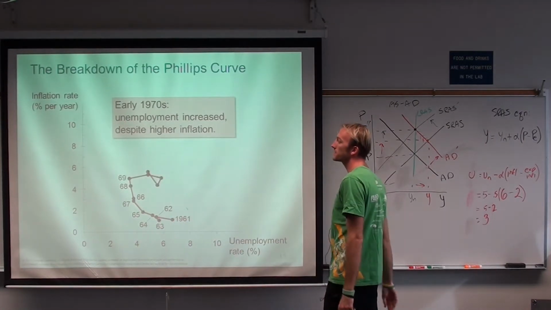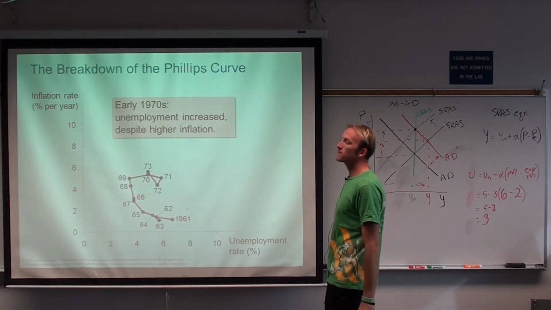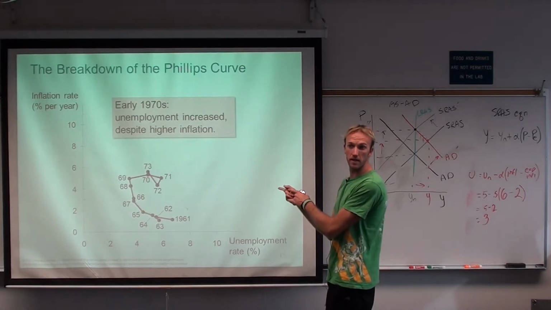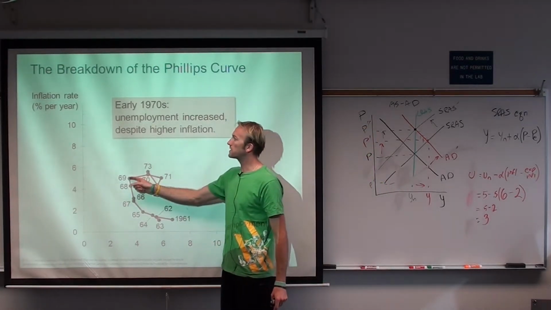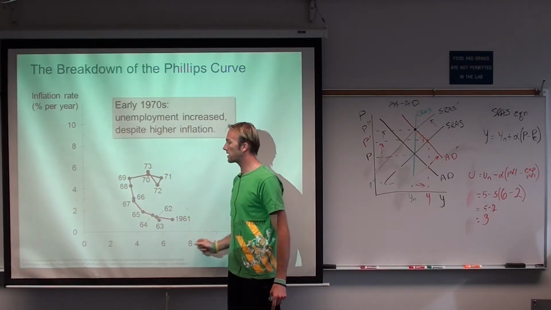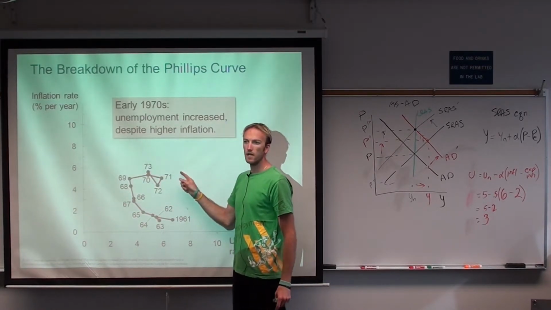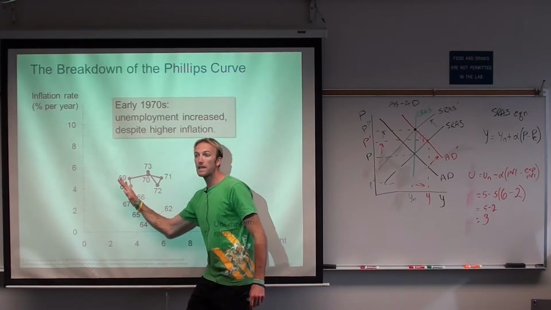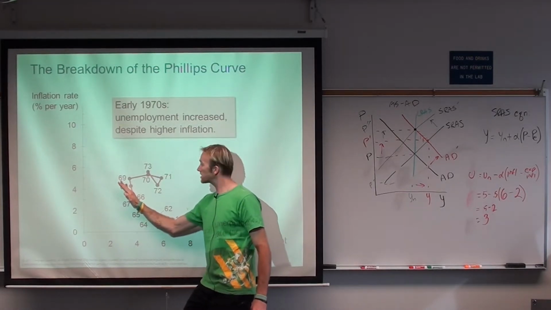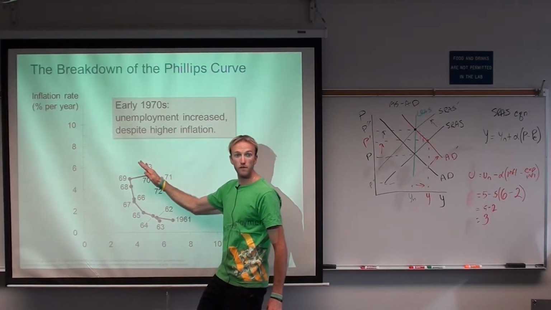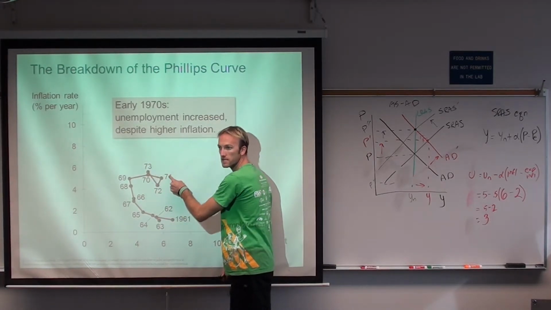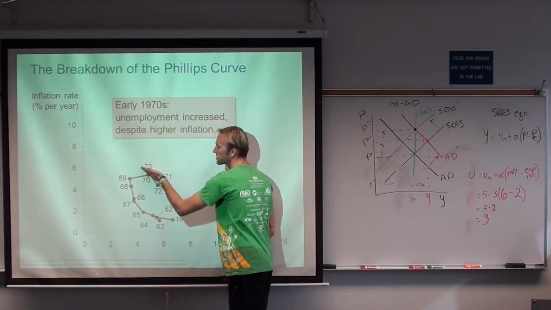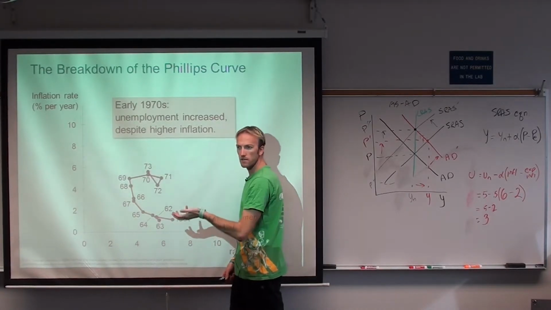In 1969, 70, 71, 72, 73. Look, exactly what we predicted would happen, right? It's called stagflation, right? We have this issue when the inflation rate is going up and unemployment rate is going up. Okay? So there's a Phillips curve here, and then what happens when expected inflation changes? It shifted to a new Phillips curve, right? You can almost see the new Phillips curve start to get traced out, right? Here was the old one, and here was the new one, just like that exercise we did just 1 second ago,